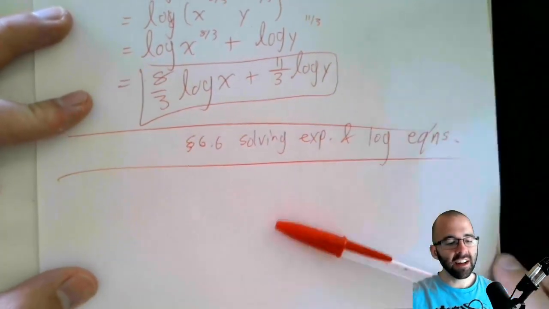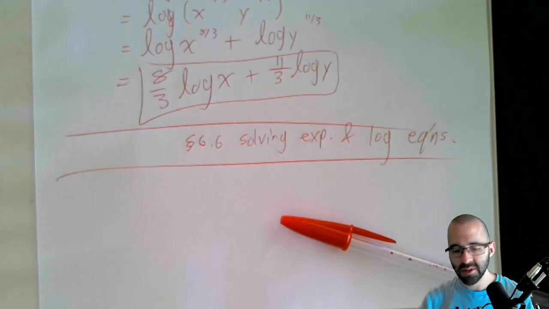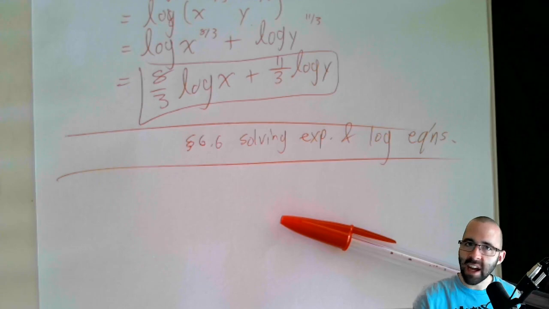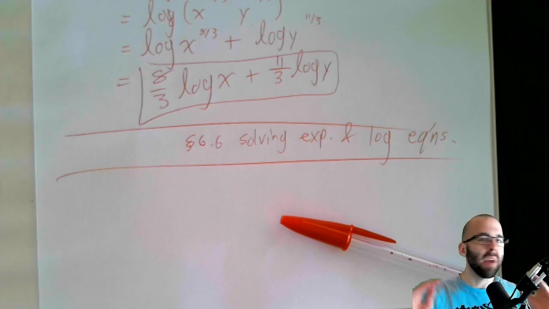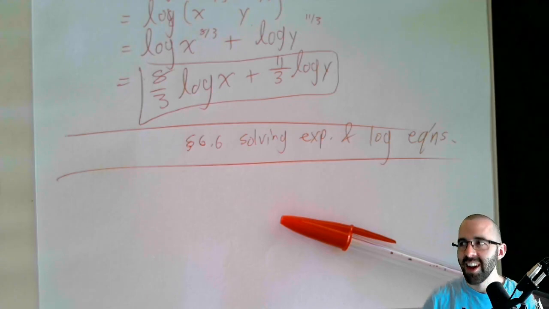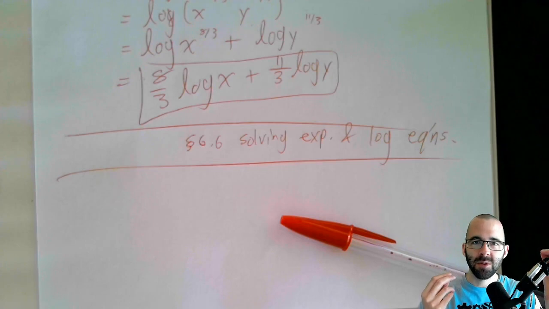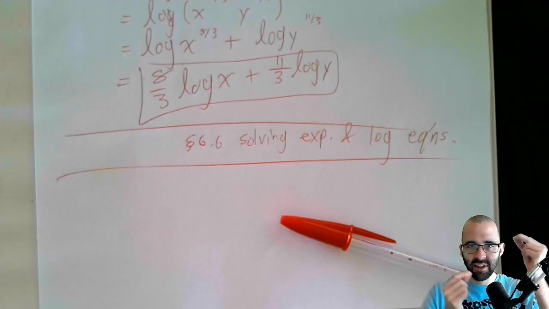So they're hand in hand, right? Solving exponential equations requires logarithms. Solving logarithmic equations requires exponents, right? Because what's the main thing I want you to remember? Well, there's a lot of things. I want you to remember everything. One of the big things I want you to remember is that logarithms and exponentials are inverse functions of each other,